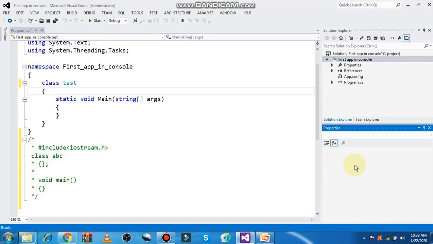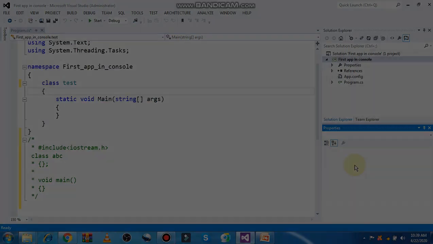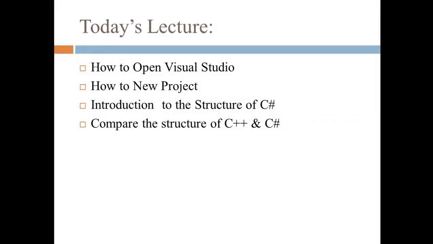Okay guys, I think it's enough for today's lecture. In today's introductory lab lecture, we have just learned how to open Visual Studio, and then we also learned how to open a new project, and we have become familiar with the structure of C#.